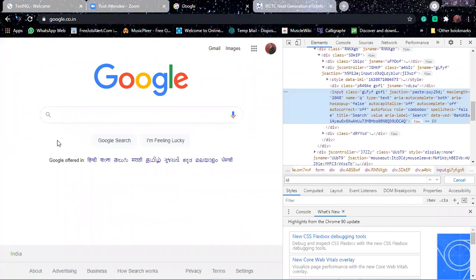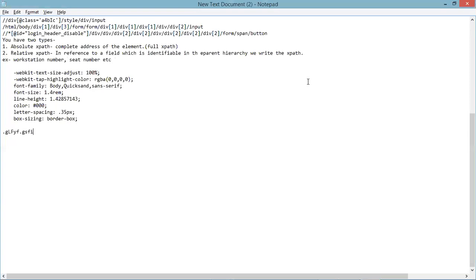Is it input? Go there and type input at the beginning. Just type input. This is how you give the CSS selector using the class name.